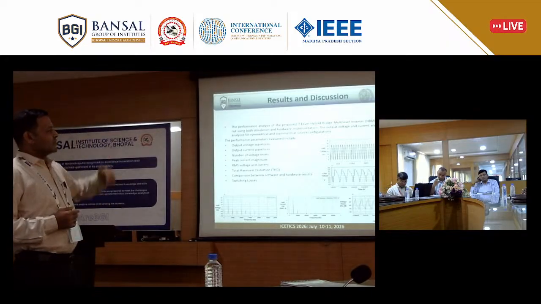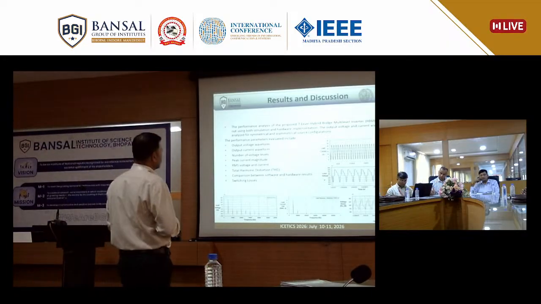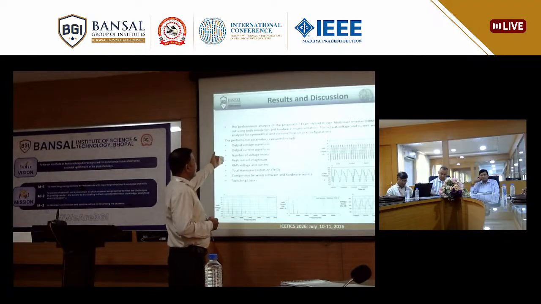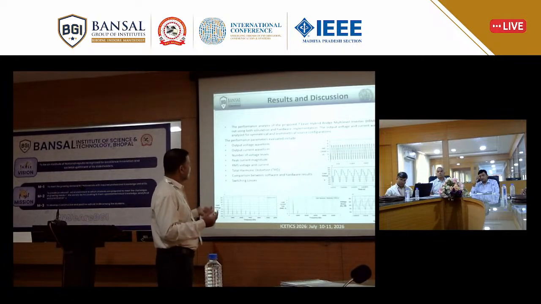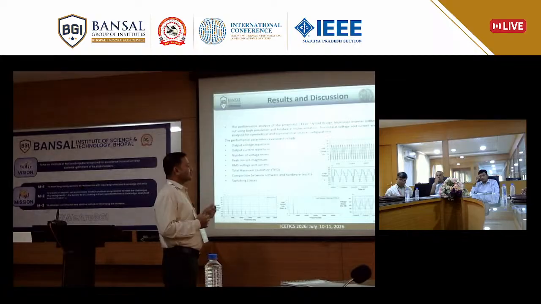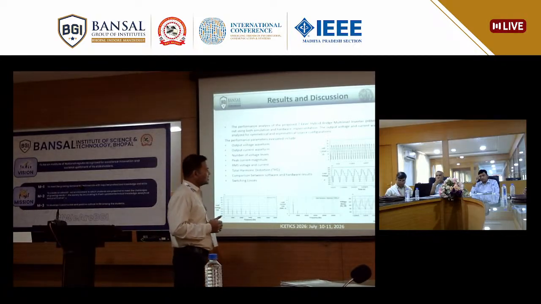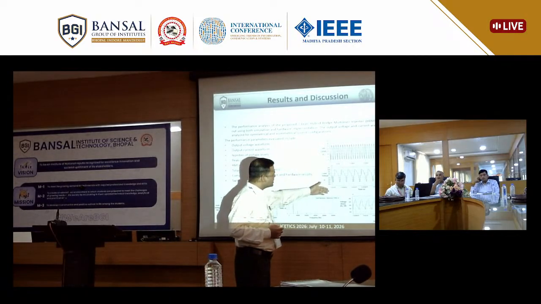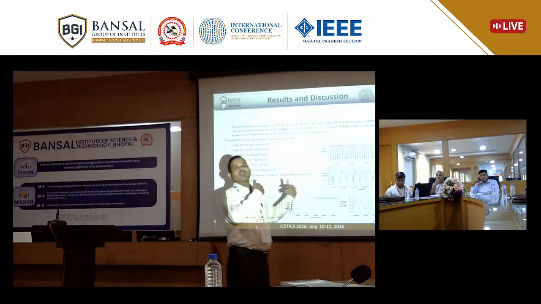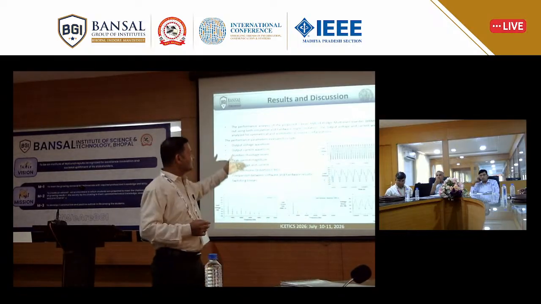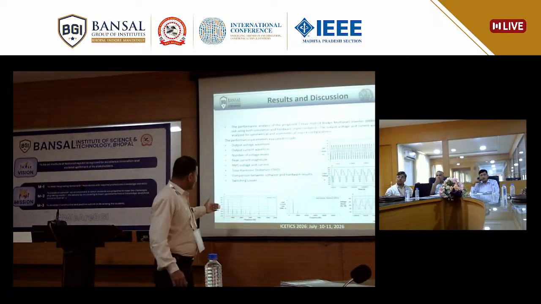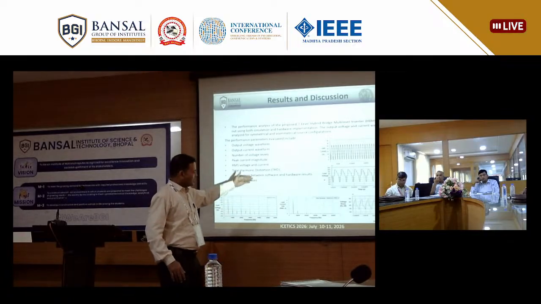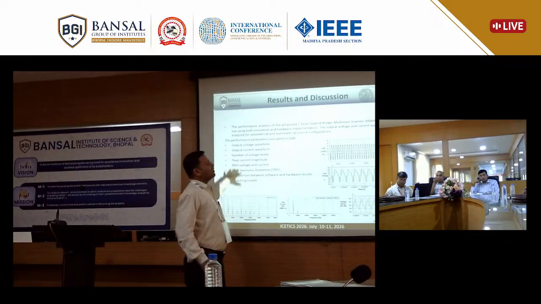So from this methodology, we have found these results: output voltage waveforms, output current waveforms, number of voltage levels, peak current magnitude, RL voltage and current, total harmonic distortion, comparison with software and their results, and switching losses. So from this diagram, you can see that it is the 7-level output voltage. The output current is stable and regulated, and total harmonics is reduced. So this is the overall